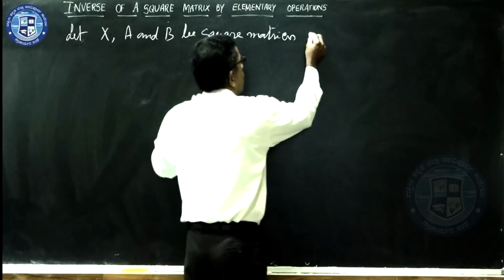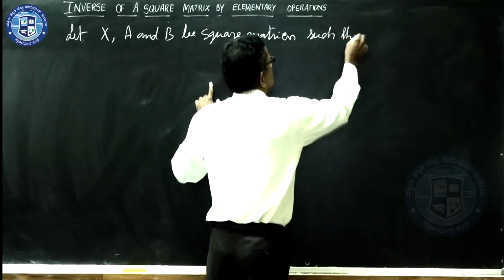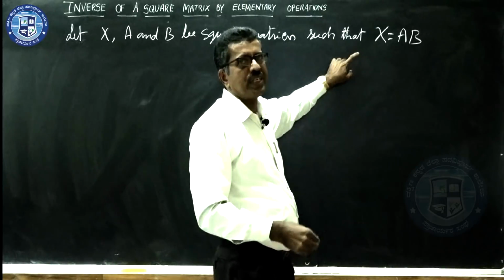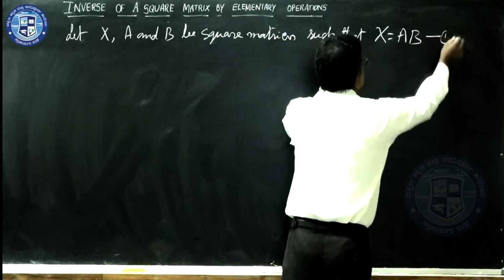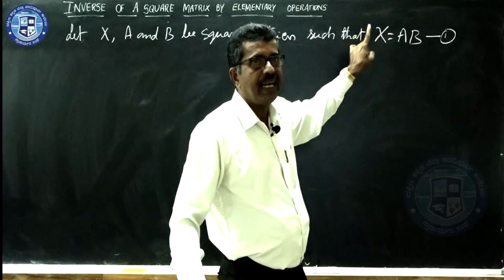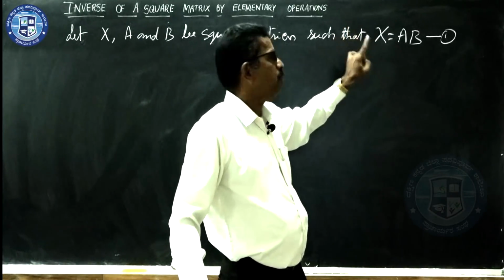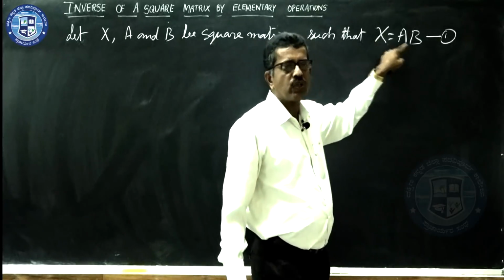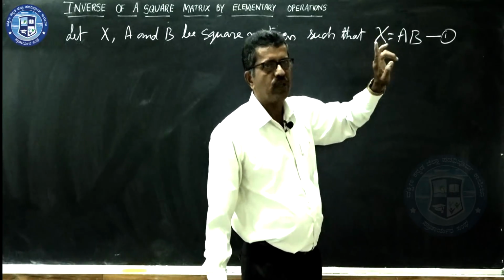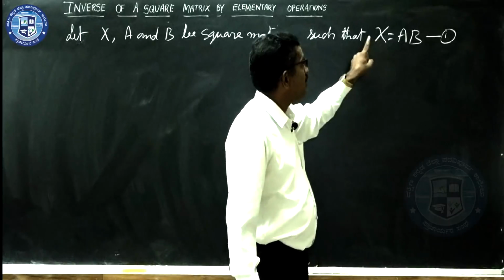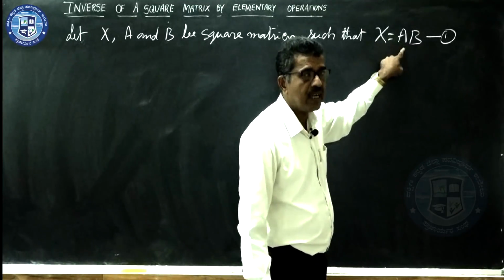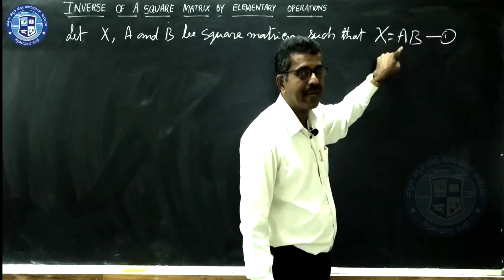Square matrices satisfying X is equal to A. Here what has to be remembered: whenever you apply a sequence of elementary row operations to this one, we apply the same row operations simultaneously on X and, as in the example given earlier, on A or B? It is for A, the first matrix.